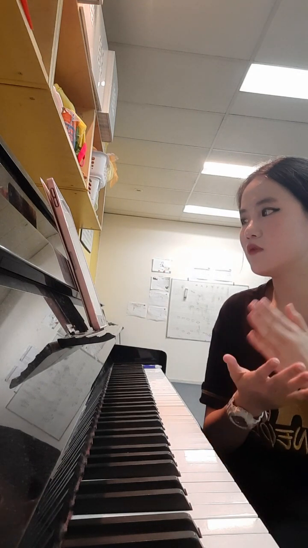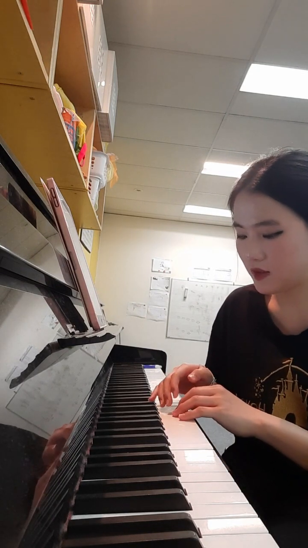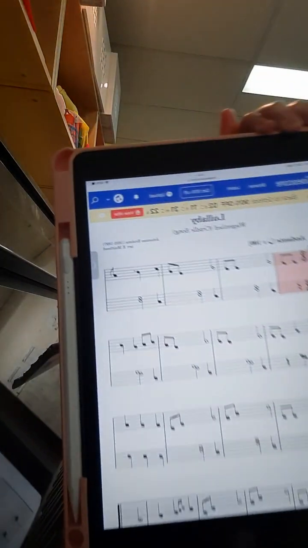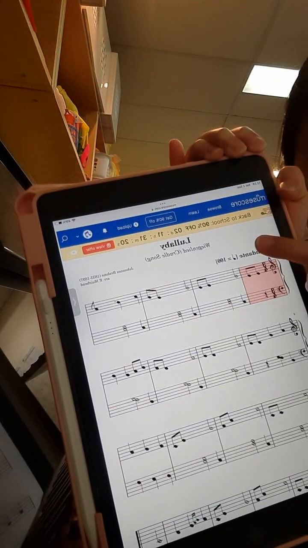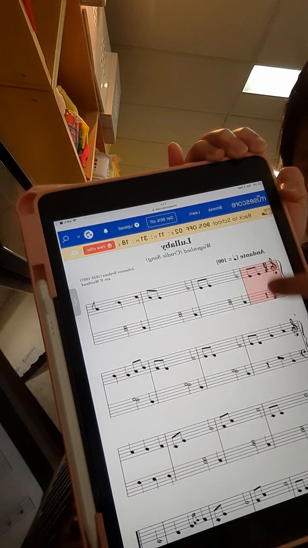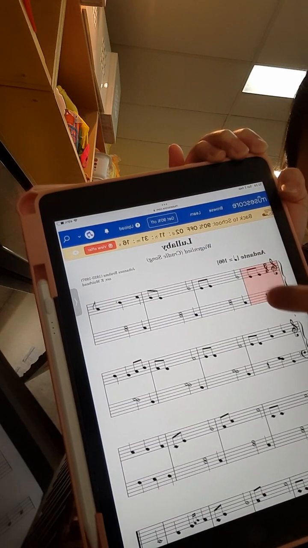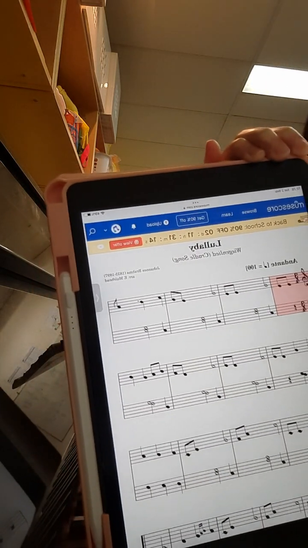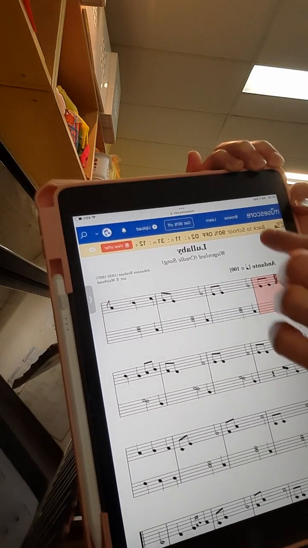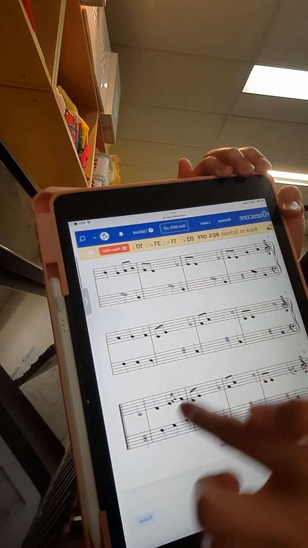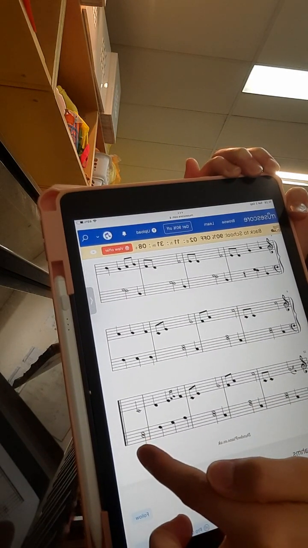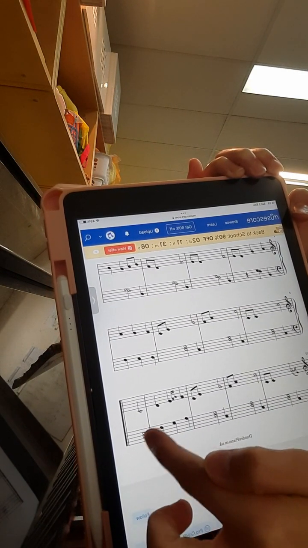Okay, so we have to count 3 beats. It goes with an upbeat, so that means it starts with beat number 3. If you see this one, there's only 1 beat in this bar, and then the first beat starts with sol already. Okay, so here, we borrow the beats from here,